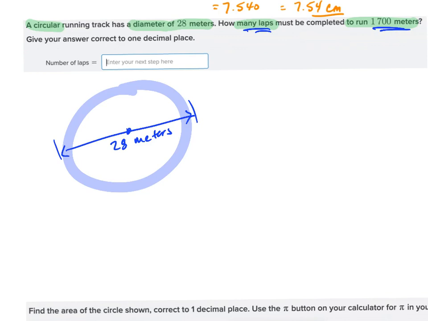How many times around? So how long is it to go around? Well, that means we're trying to find the circumference, because we're measuring around, not the area. And circumference equals pi times the diameter, or the diameter times pi. The diameter they've given us is 28 meters. So that's going to be 28 times pi. I put it in the calculator, and they want you to use the pi symbol on your calculator. And that comes out to be